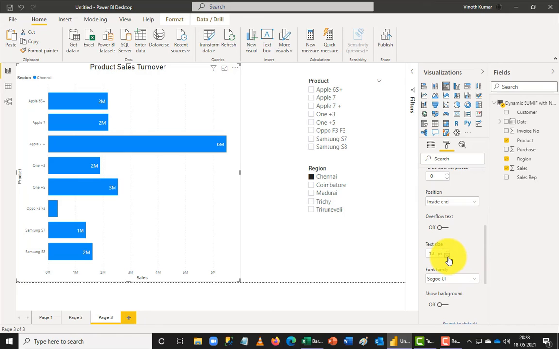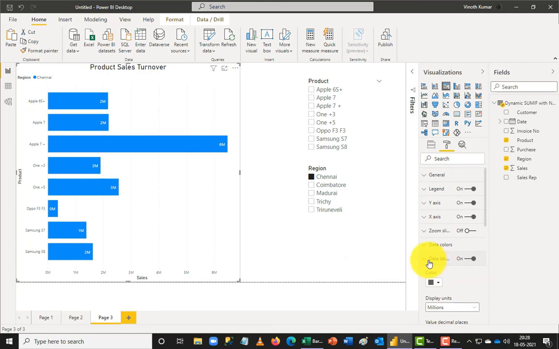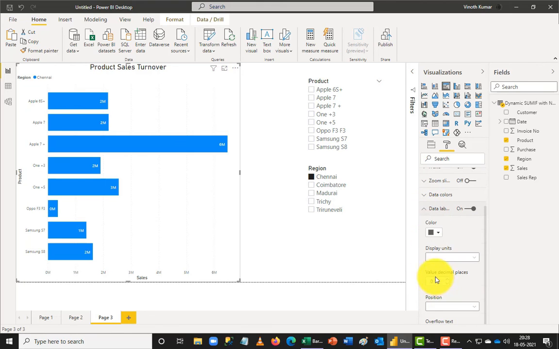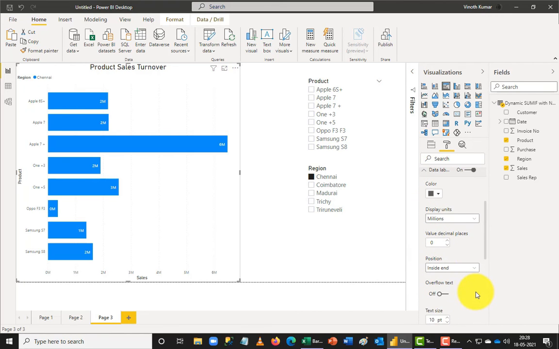So let me make it maybe a 10. When I make it a 10 here, I can see that, but my data are still showing 0 million values, because I don't have the decimal portion coming up here. But still I can see the data completely when I reduce the size of the data.